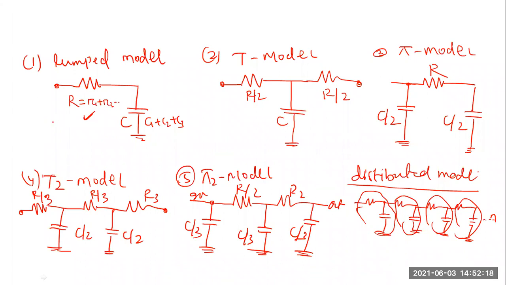Here, this one is an overestimated and simplistic model, and this is better than this. For very simple calculations, this one will give a better result than this. See, this is very simple, 2 resistances, 1 capacitor, but it will give a better result than this. So for simple analysis we can use this T model. So, chart 1.